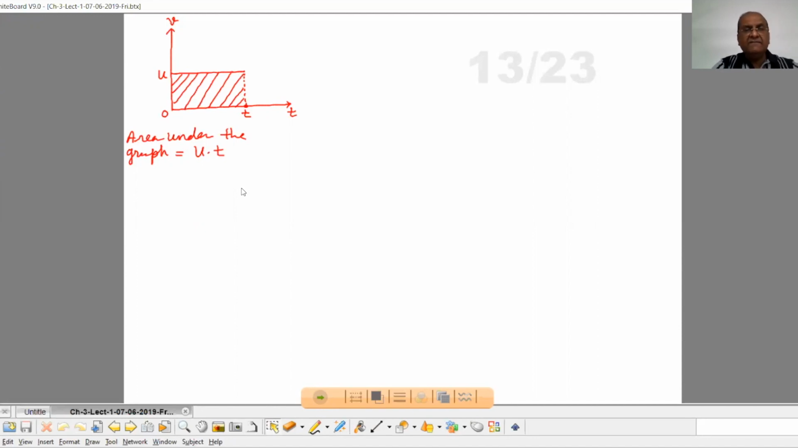It implies that if we have a velocity-time graph, and we find the area under the graph with respect to the time axis, then that will give you displacement. Clear? Now,